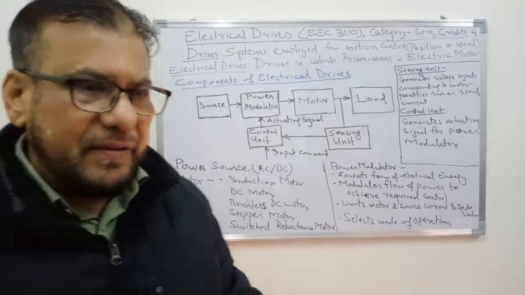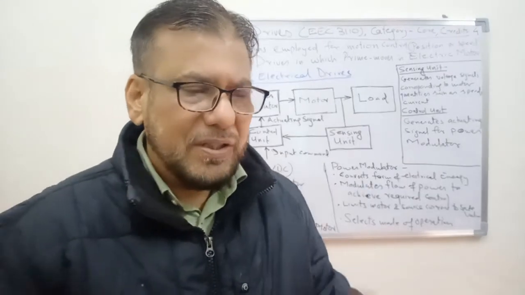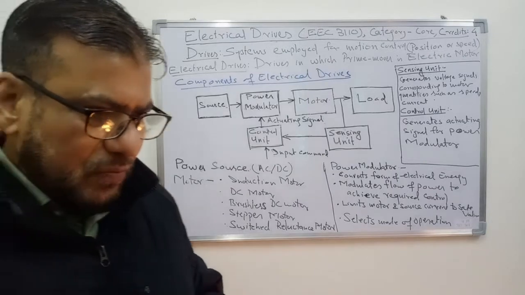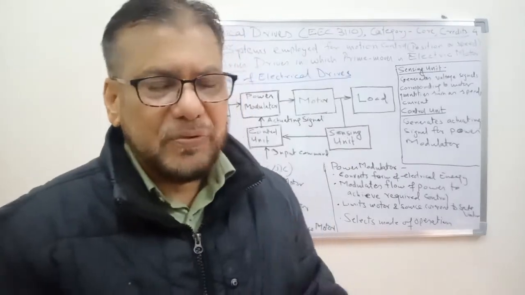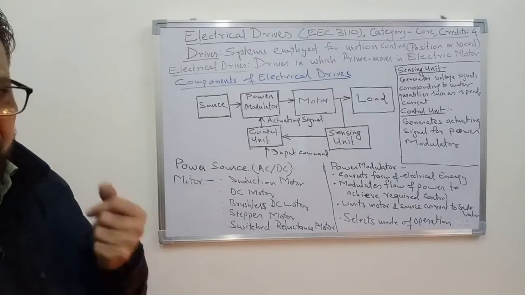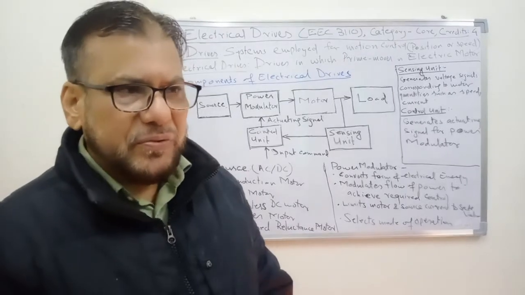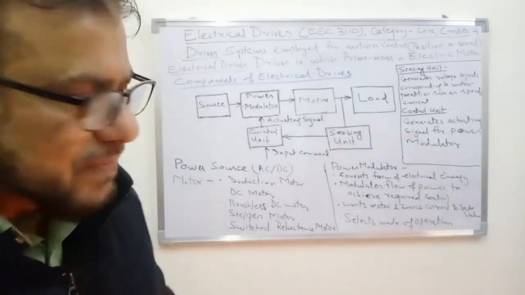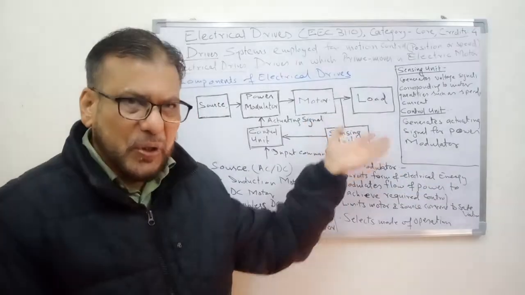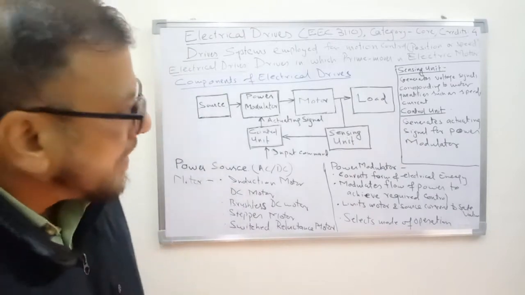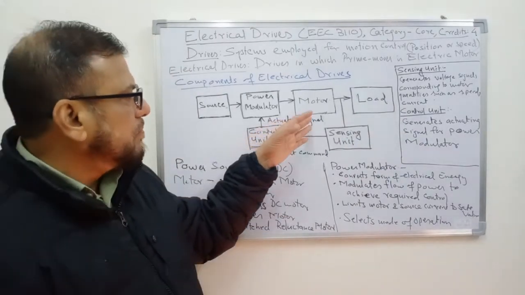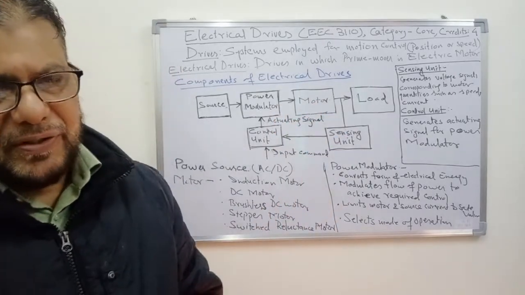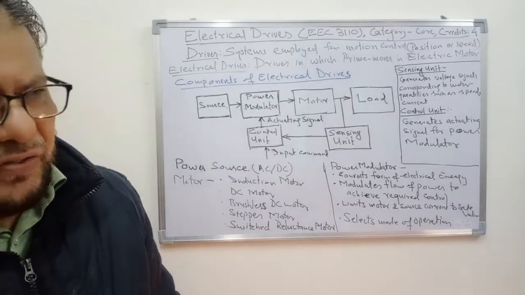For example, in welding, the load comes only for a short period of time. You are moving a vehicle, the vehicle moves and then stops. You are having a lift that moves from one place to another place and then stops and remains stationary for a certain period of time. So you have different types of loading pattern, and you have to operate the motor such that the motor is fully utilized. A motor which is of 1 kilowatt